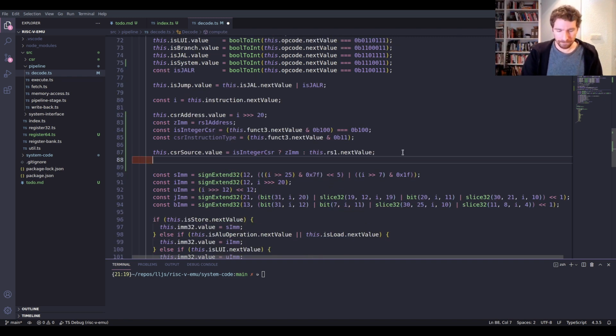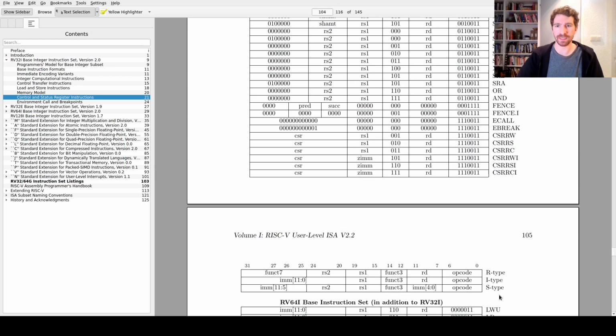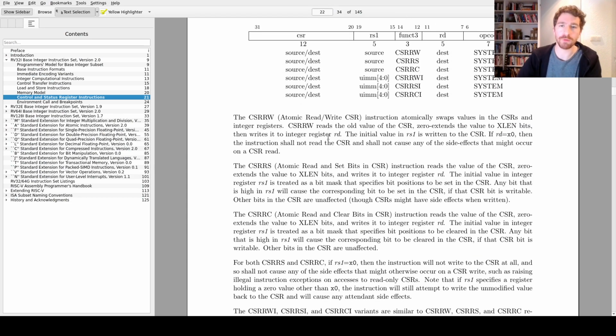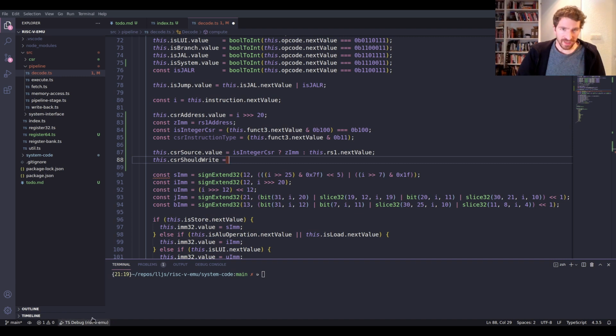So this.csr should write. So when should we write? If we go back to the spec here, we always write with this instruction, right? We always write if it's the read write. This one actually says that we might not do the read if RD is 0, but we always end up writing whatever is in RS1, even if it is the 0 register. So the first part of that condition then is just going to be